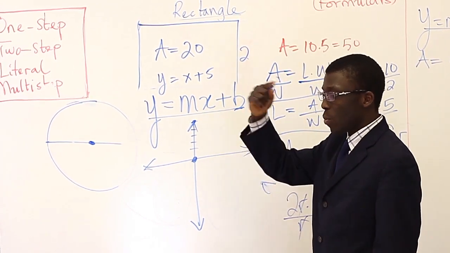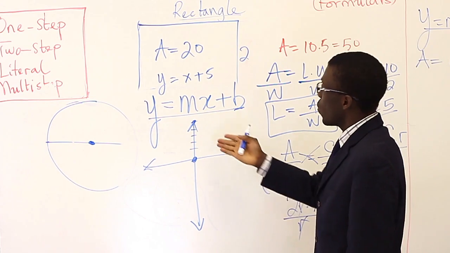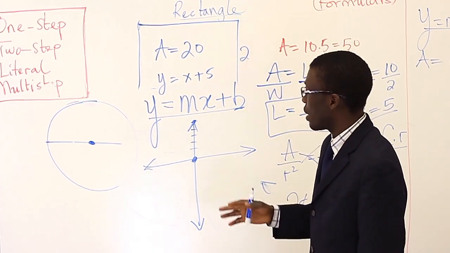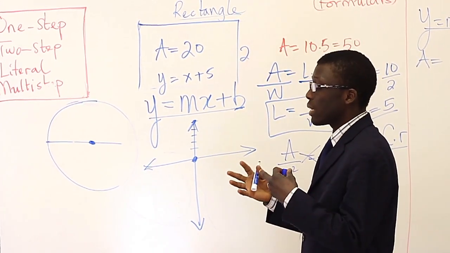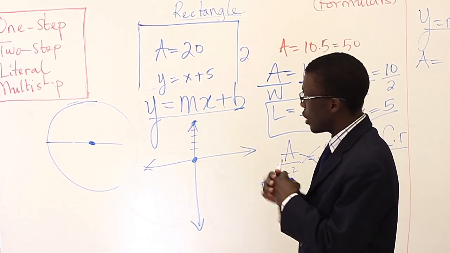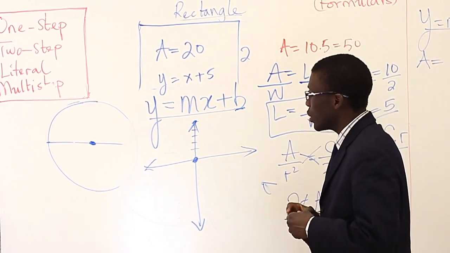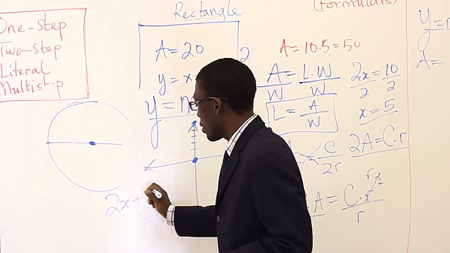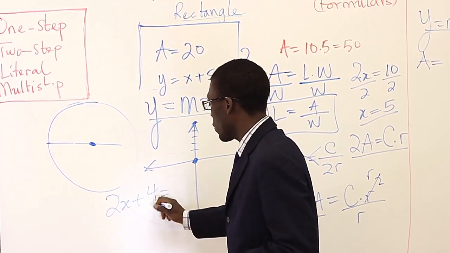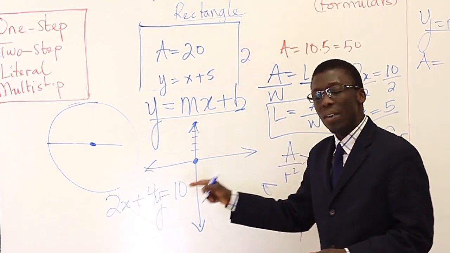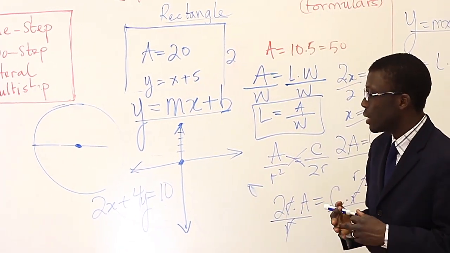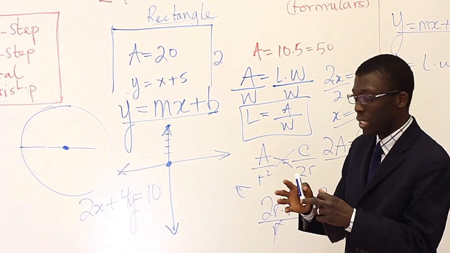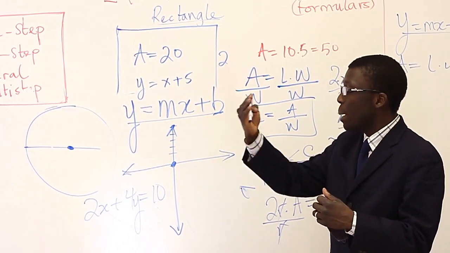So for every time you move up 1 unit, you move to the right 1 unit. So we can draw the line using the equation that we've been given. But what I want you to note is whenever you're asked to graph a line, if I give you 2x plus 4y is equal to 10, you have to solve for y. Typically, we would prefer you to solve for y, which would then put it in the slope-intercept form before you